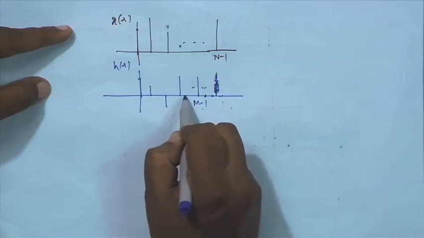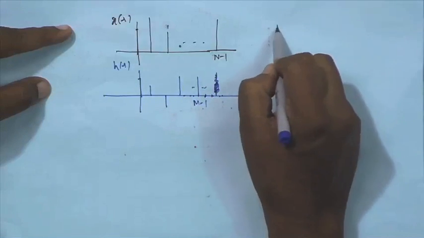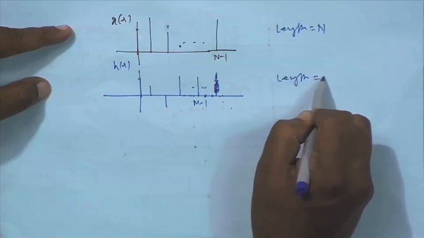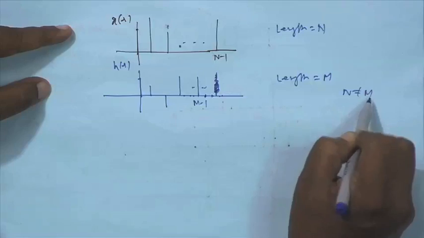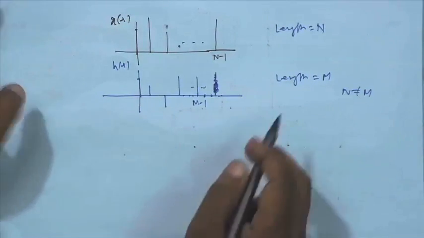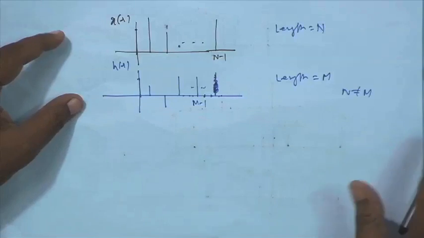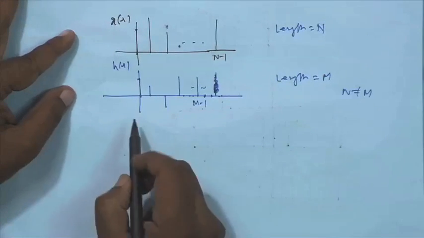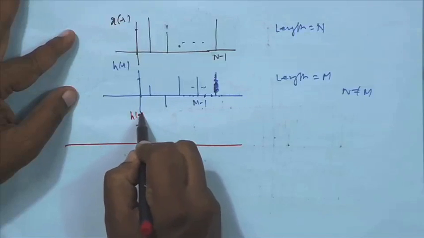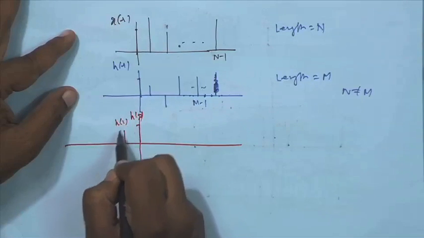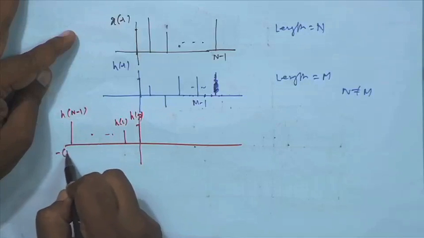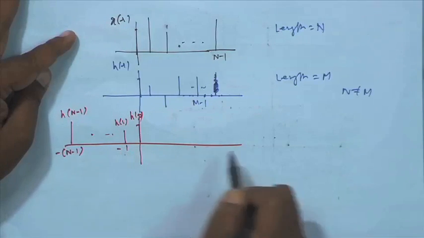This is m minus 1. Okay. So, length n, length m, and n not equal to m. I am taking m to be less than n, it could be the other way. Then if I convolve, what will be the duration of the output sequence? So, if first flip it as before H 0, H 1 dot dot dot dot H n minus 1, very much like what I did last time, minus 1 all that, okay,